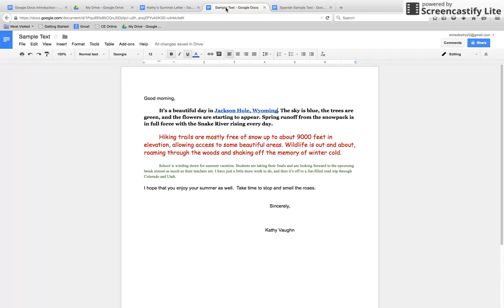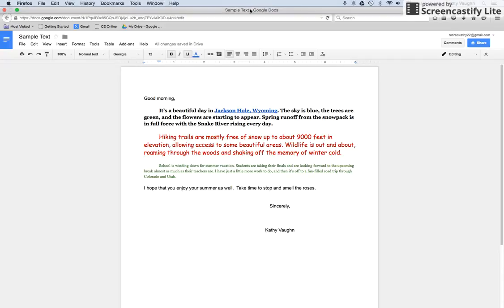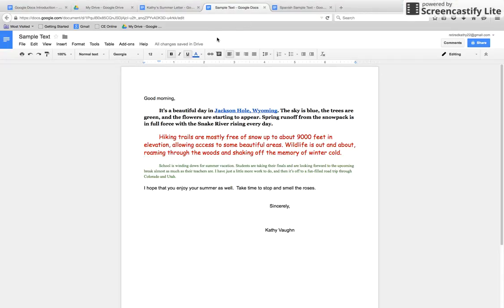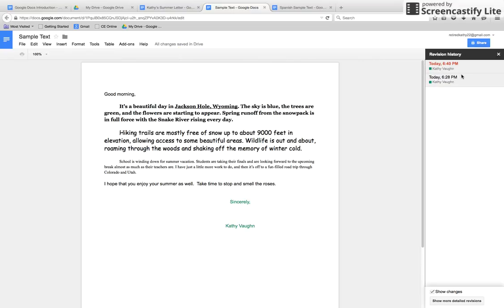One last feature of Google Docs that I'm going to discuss right now is how to show the revision history of a document. Because Google Docs automatically saves changes as I make them, if I click on this link, a new window opens up on the right side of my screen. Down at the bottom, I have the option to show more detailed revisions. So this is a series of all the revisions that I've made in this document during the last few minutes. And if for some reason I wanted to undo